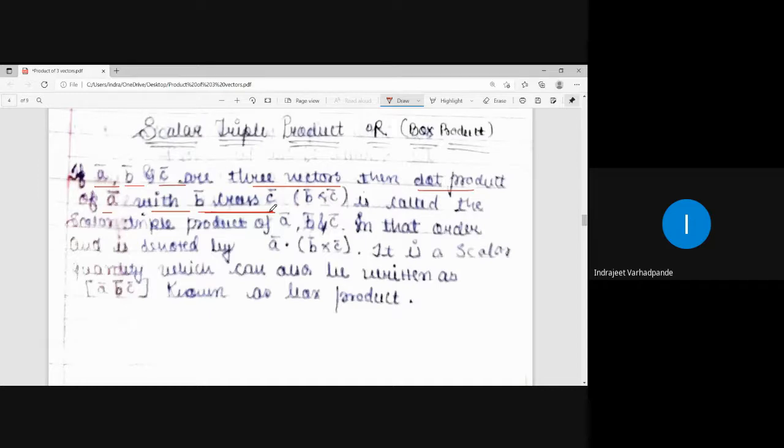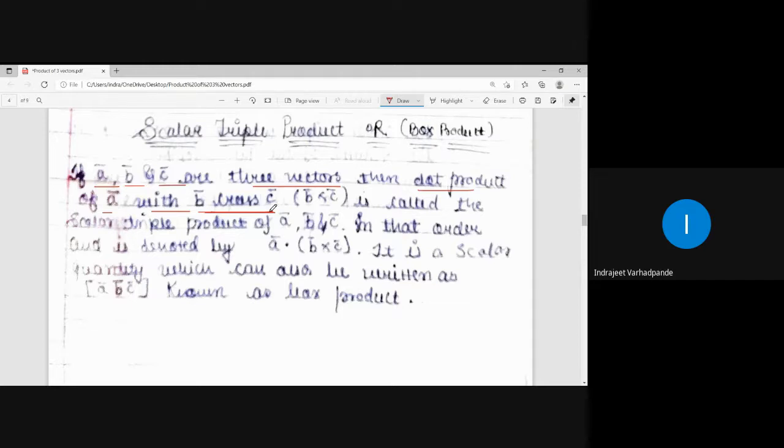Now while taking the dot product of any two vectors, my quantities are scalar, right? So I consider one of the vectors as a bar, and to take the product with the other vector quantity, I club b bar and c bar, and the product taken between them will be the vector product or the cross product, so that it remains intact with the vector quantity. So b bar cross c bar is a vector product, which gives you a vector quantity as the answer. A bar itself is a vector.